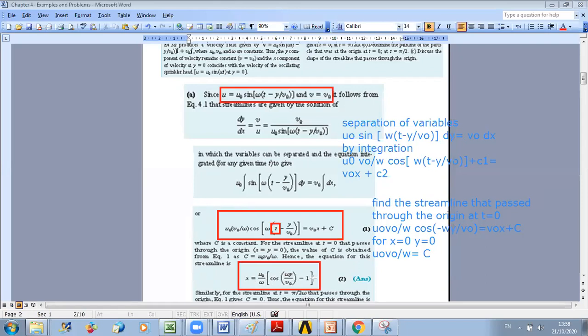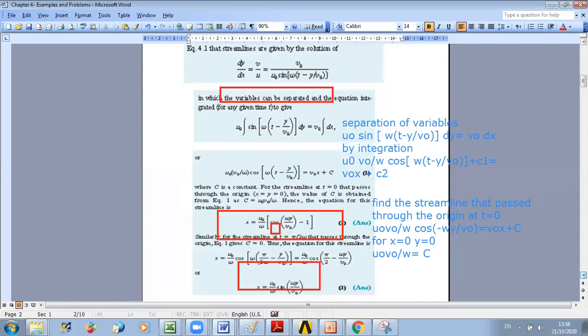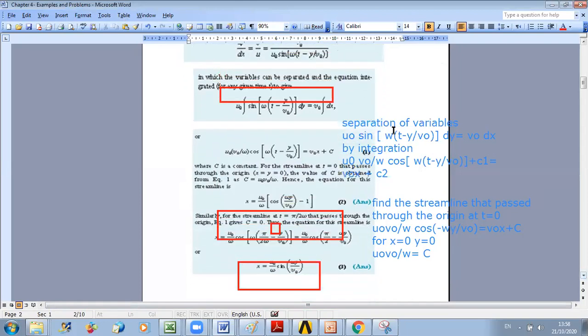Okay, now for the next step, we will find another streamline, because they asked for the streamline that passes through the origin at t equals 0, and they asked also for